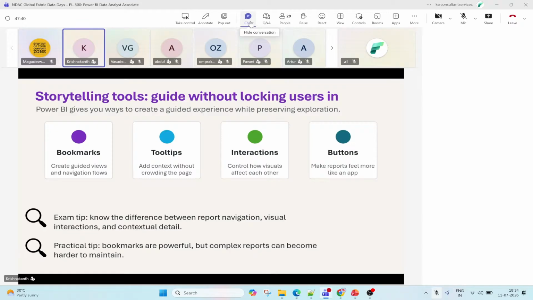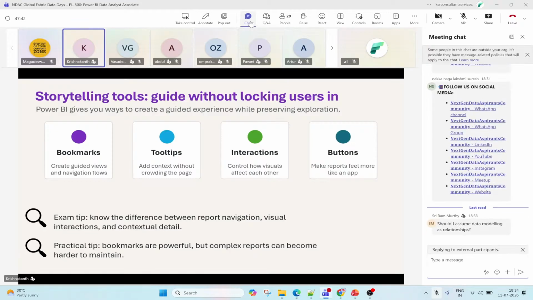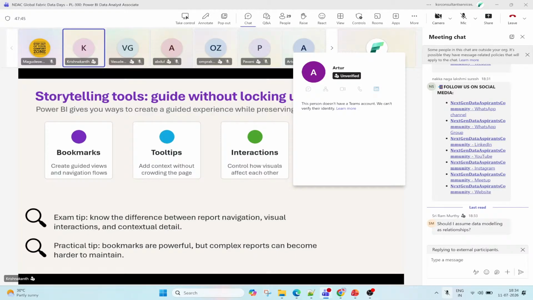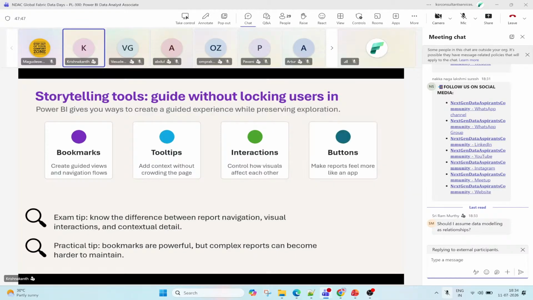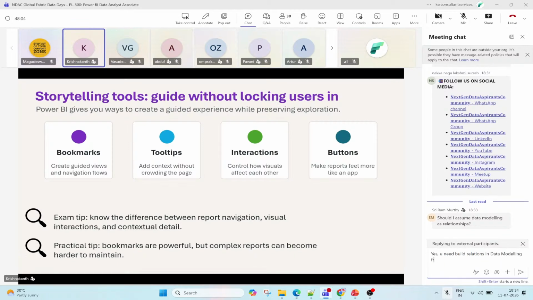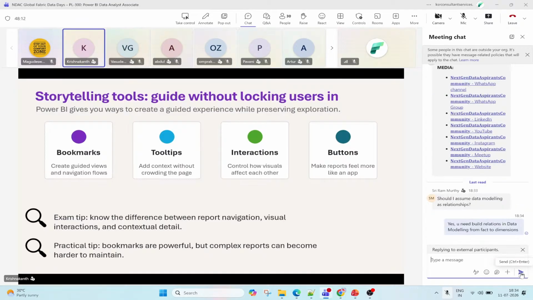If I have a stacked bar chart, whenever the user hovers on a bar, I can provide where the component leak is happening, when it got repaired, and which region it is. So I can project some more detailed information. Using the edit interactions feature, if a user clicks on the stacked bar chart, we can provide either a highlighting or a filter option. So there are two options from edit interactions: either highlighting or filtering.